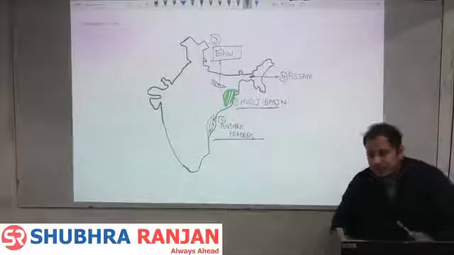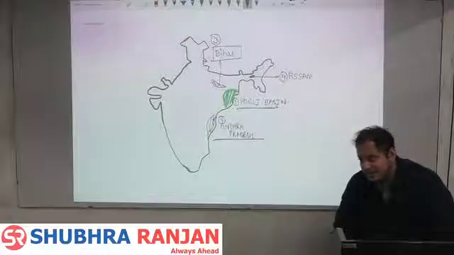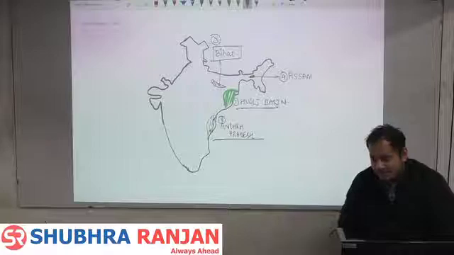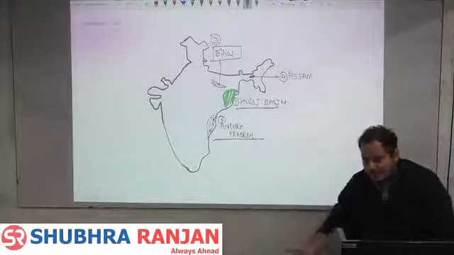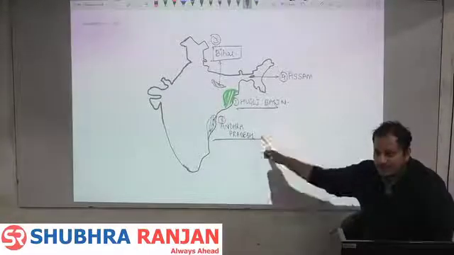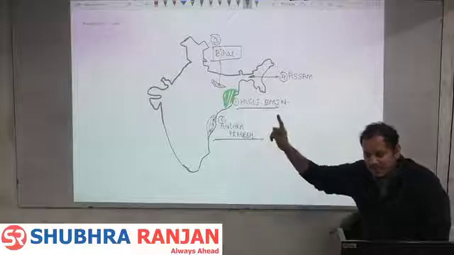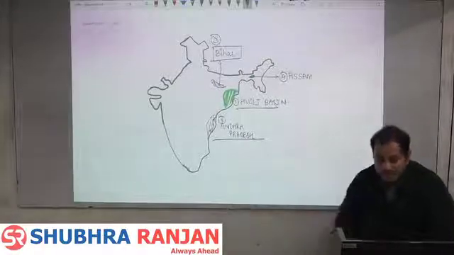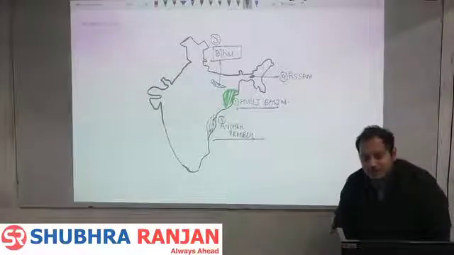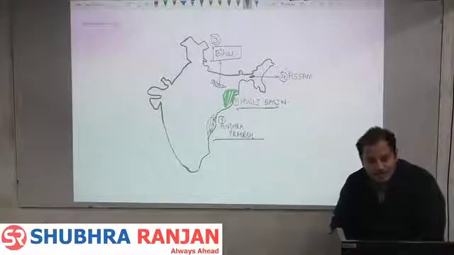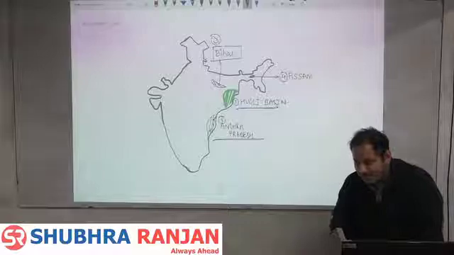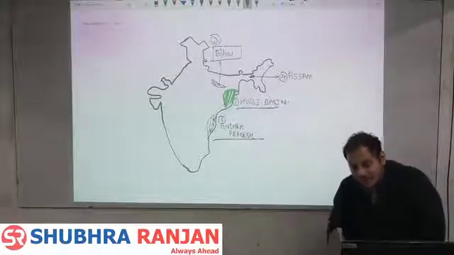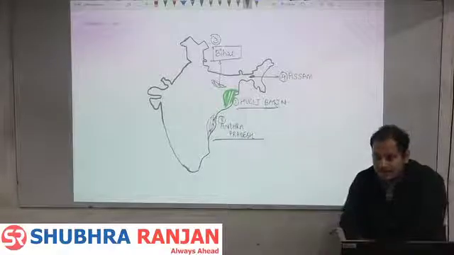Who is the second largest producer of jute in India? Bihar. Third largest producer, Assam. But can you see how industries change? First is Hooghly, second is Andhra, third comes Bihar, fourth comes Assam, and fifth comes Uttar Pradesh, Kanpur, which does not have jute. Still, it is one of the largest jute producers. That is the difference between raw material and industrialization. So for industrialization, you require people, you require policies.